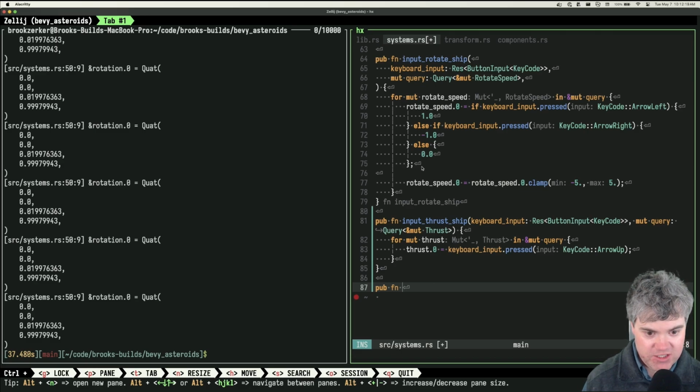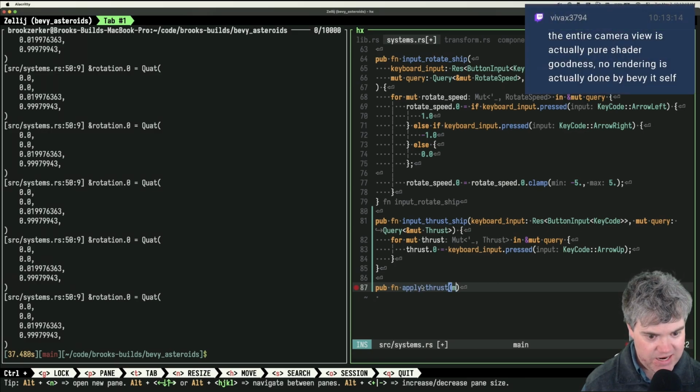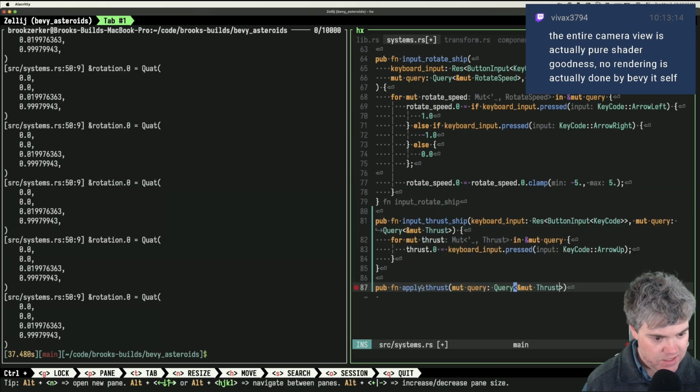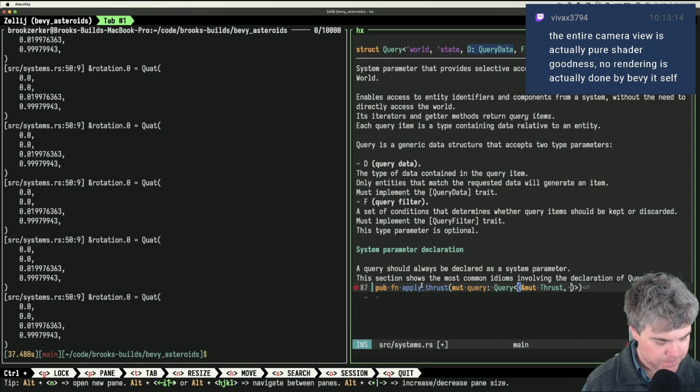Okay, so pub function, let's apply thrust. So we're going to take in, I guess we're just going to have the query, right? So we're going to have our mute query where we want the thrust, but this is also going to be like that. And I want mute.